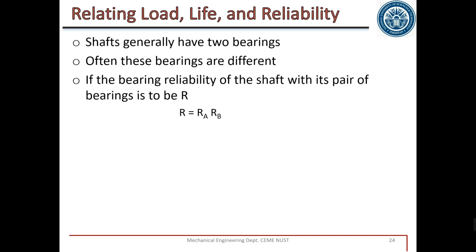Also, why are we concerned with increasing reliability? Let's say you have a shaft. For that shaft, you will be using two bearings. If for each bearing the reliability is 0.9, and for the other bearing also 0.9, what is the reliability of the shaft? Total reliability of the shaft will be 0.9 multiplied by 0.9. Reliability of the shaft, or reliability of the system on the basis of the shaft, will be equal to 81%. So overall reliability is reducing. That's why if you need a 90% reliable system, you need to increase the reliability of the individual bearing. So that's why you can use this value.